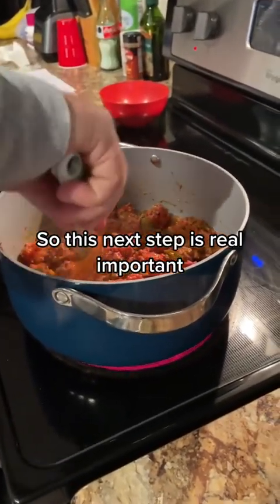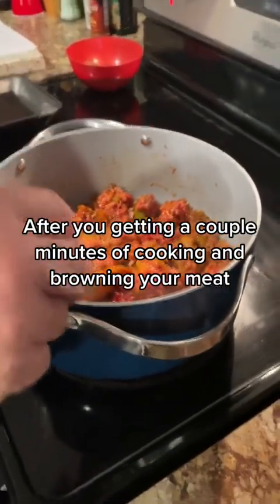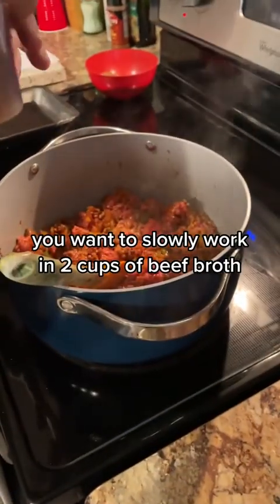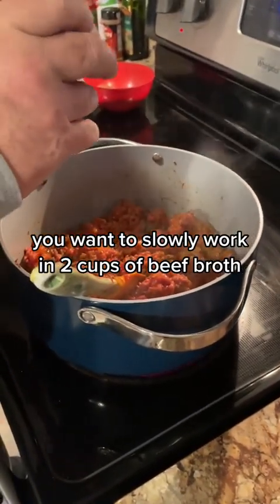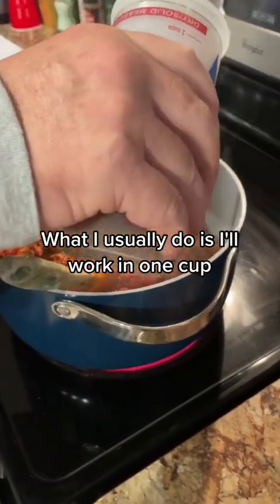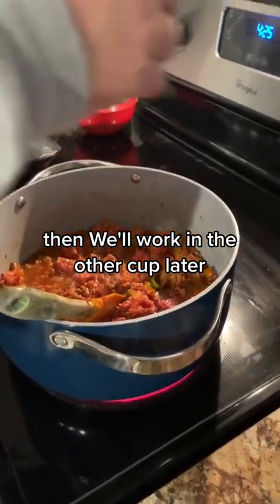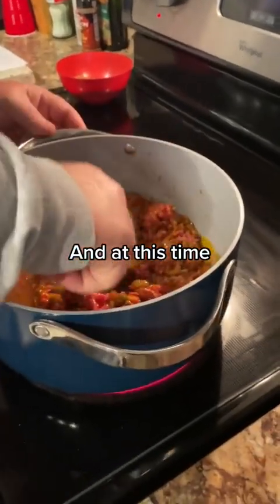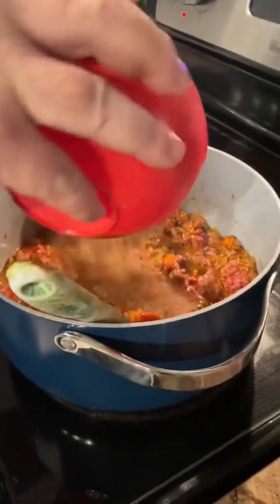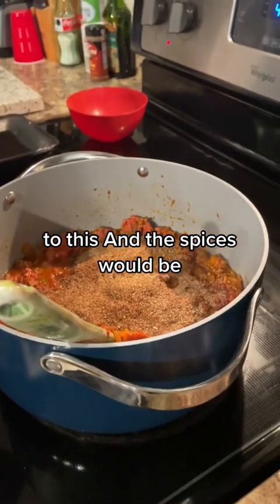So this next step is real important. After you get a couple minutes of cooking and browning your meat, you want to slowly work in 2 cups of beef broth. What I usually do is I'll work in 1 cup, then we'll work in the other cup later. And at this time, we want to add our spices to this. And the spices would be